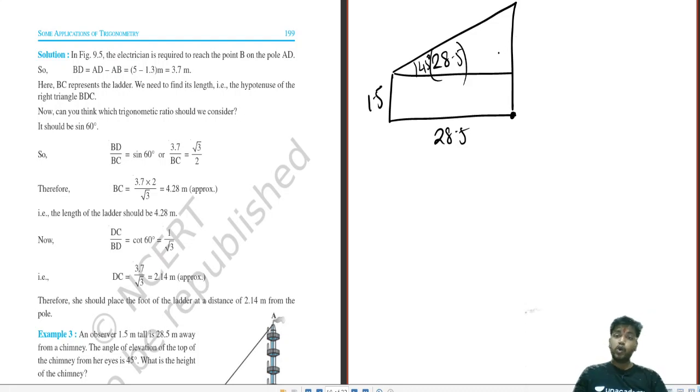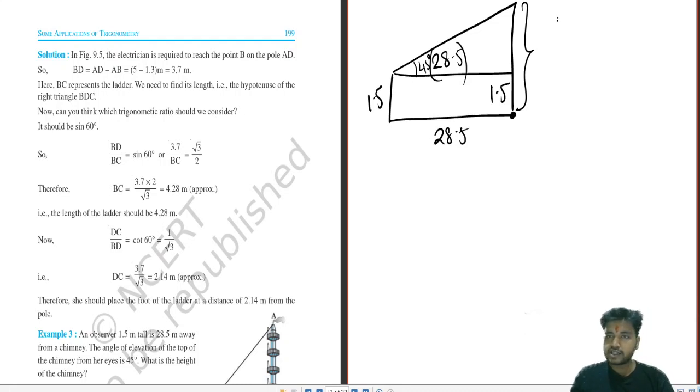Now look at this very carefully. Now if you are solving this sum, you have to calculate the height of the chimney. That means height of the chimney is over here. So this is also 1.5. Obviously you can take this as a rectangle or a square, but the opposite side will be same. So if they are saying that 28.5 meter away from a chimney, that means this is also 28.5 meter, this is also 28.5 meter. So you have to write all the protocols for this before answering the question.